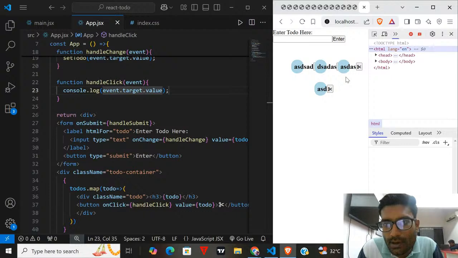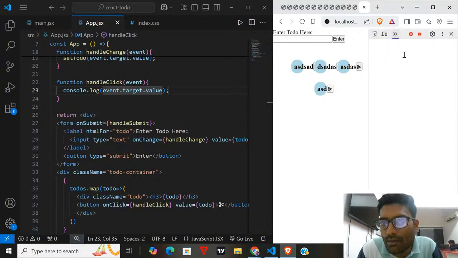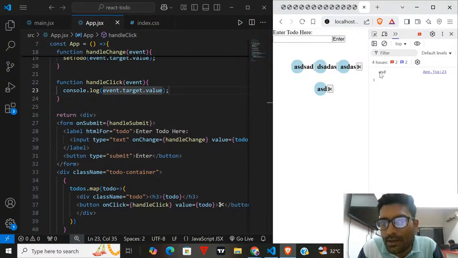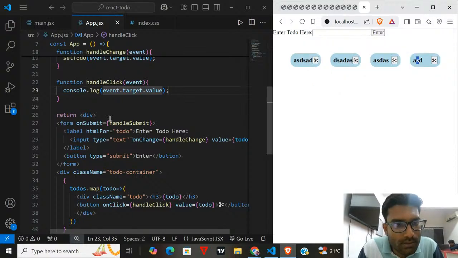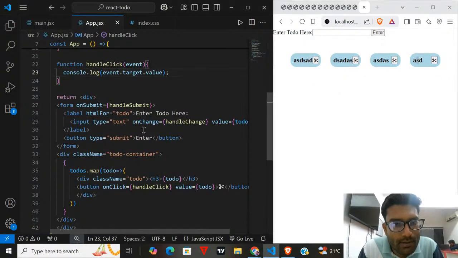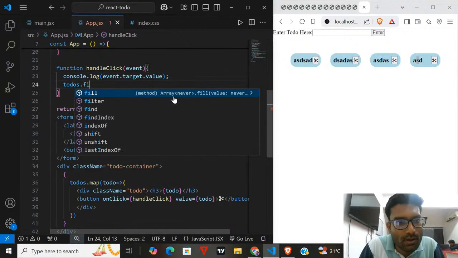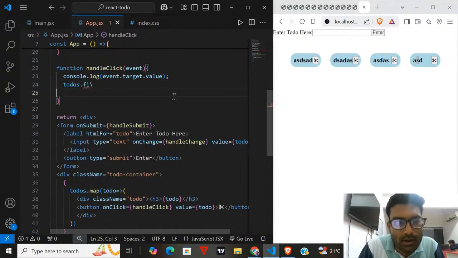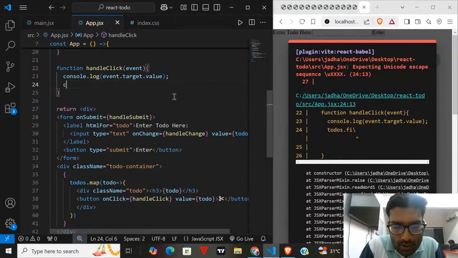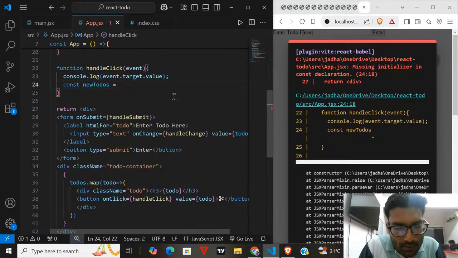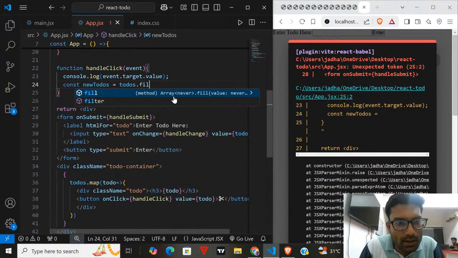If I click on the delete button, I will get one value. Control L. So you can see I'm getting which todo is clicked, right? So we can identify this todo inside the array and we can filter it out. So I can apply todos.filter. Const newTodos is equal to todos.filter.